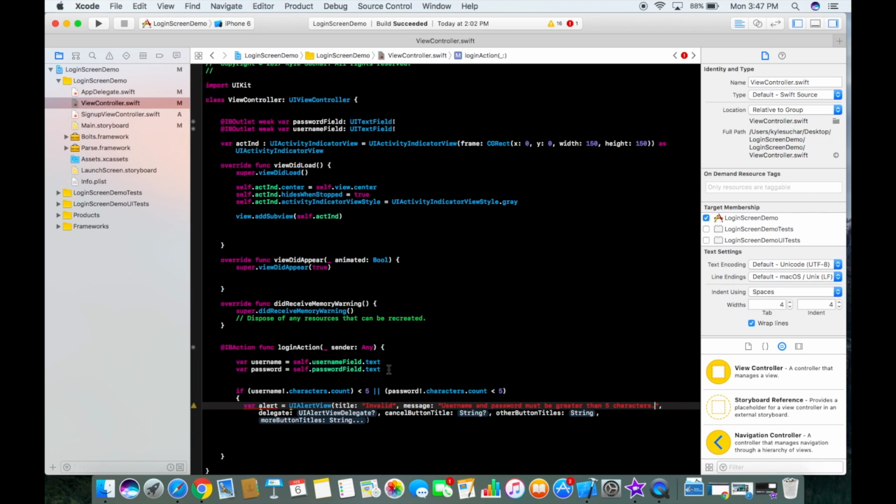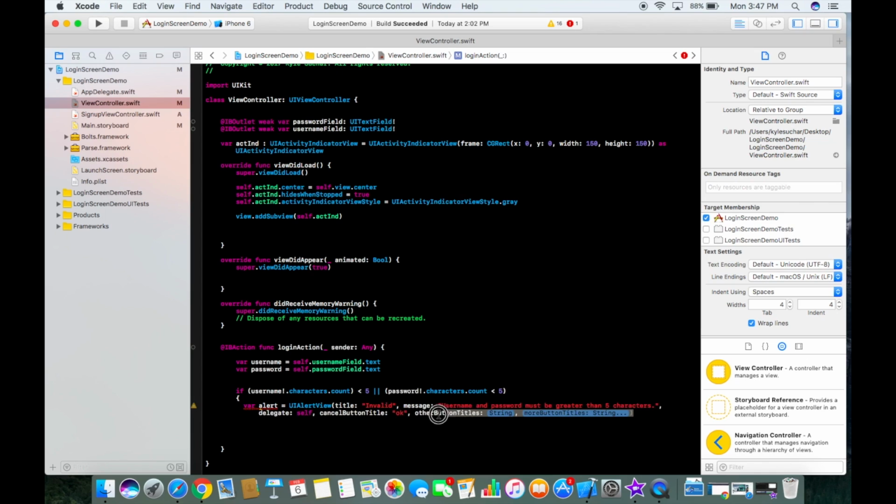And basically what this alert's going to do is if our username or password field is less than 5 characters, it's going to display this invalid message saying that we need to have at least 5. The delegate is going to be self, the cancel button is going to be okay,